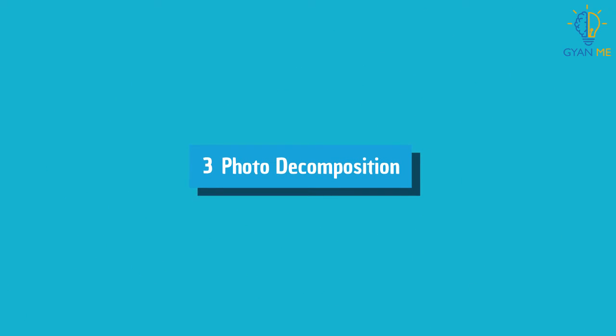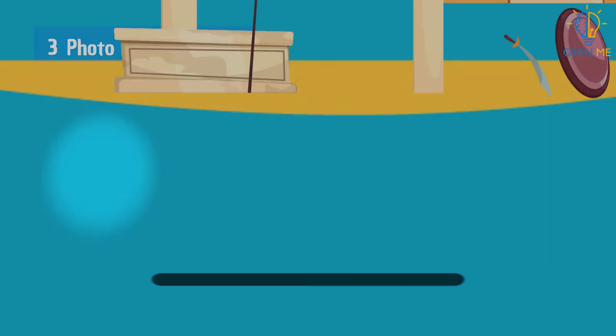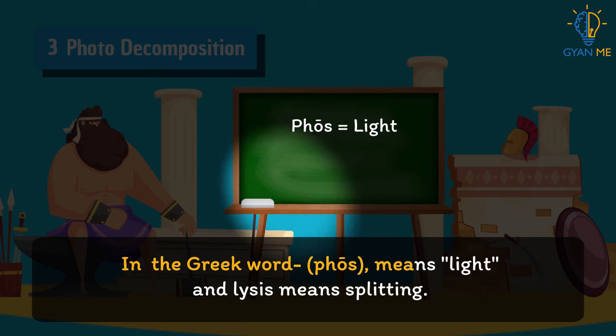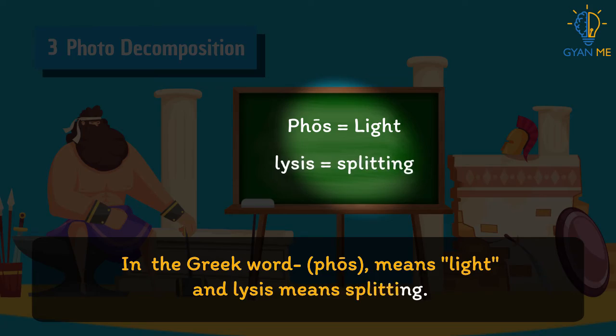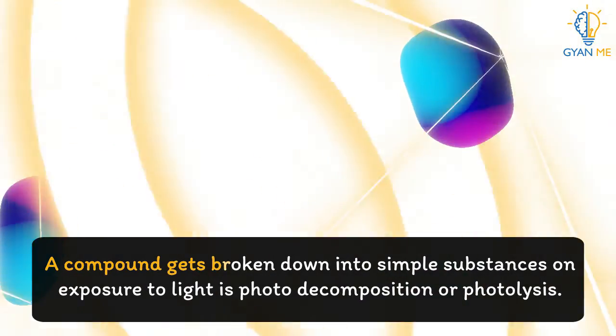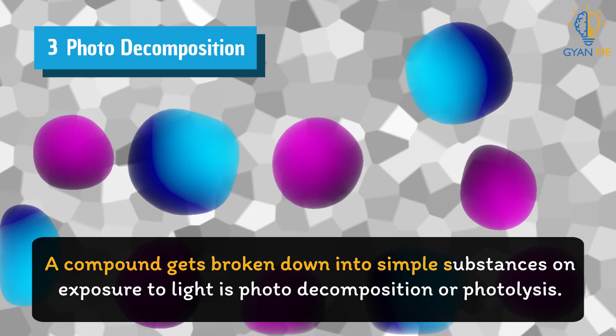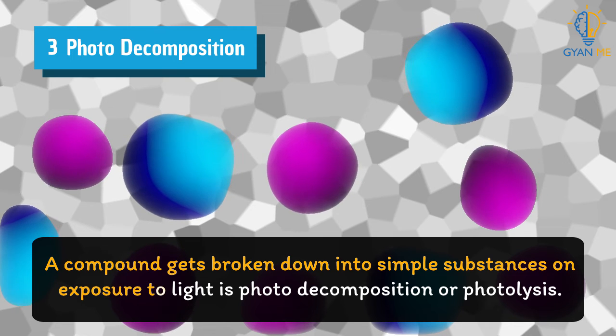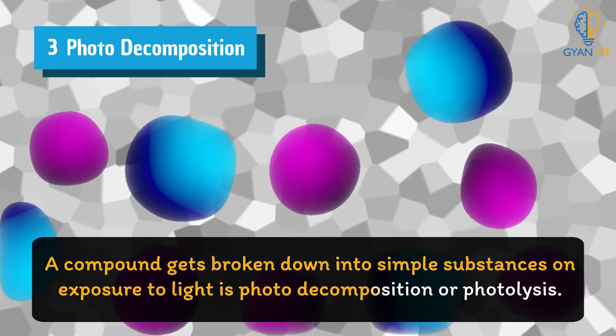Now let us understand photodecomposition. Photodecomposition reaction is also known as photolysis. In the Greek word, phos means light and lysis means splitting. So a chemical reaction in which a compound gets broken down into simple substances on exposure to light is called photodecomposition